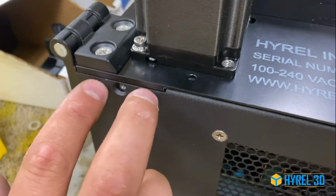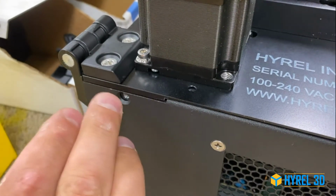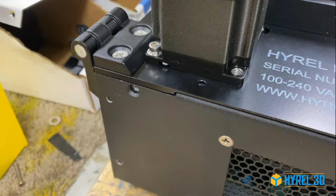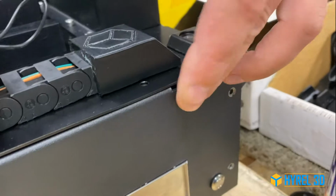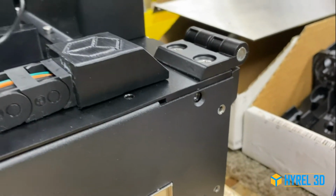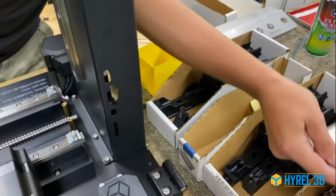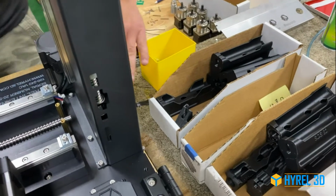If you do not see 2 screws over here, don't panic. It's the newest version with 1 screw, like you see right now in this video. Same thing from the other side. You're going to see 1 or maybe 2 Phillips screws. Take them out. Then make sure that you do have something on the back, like a box or something